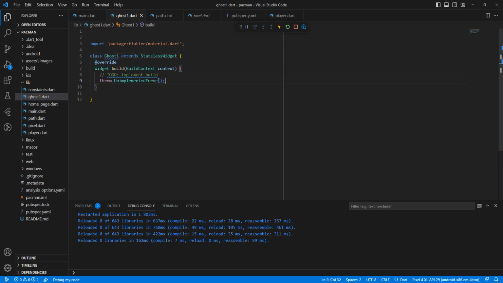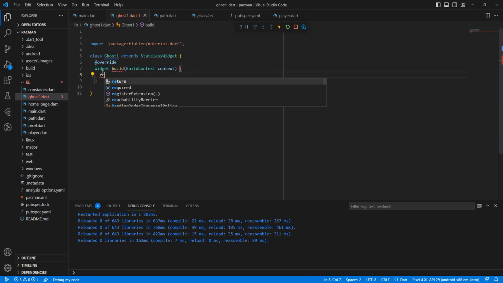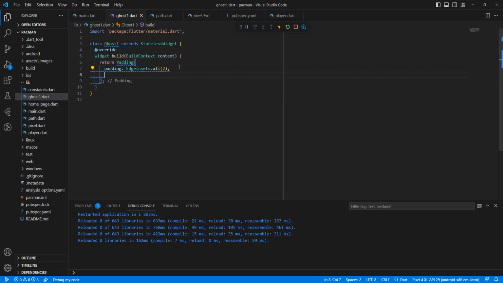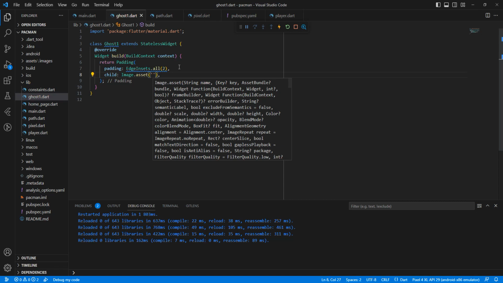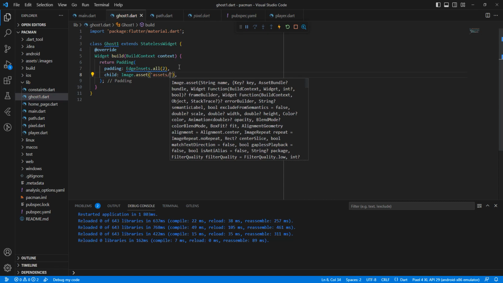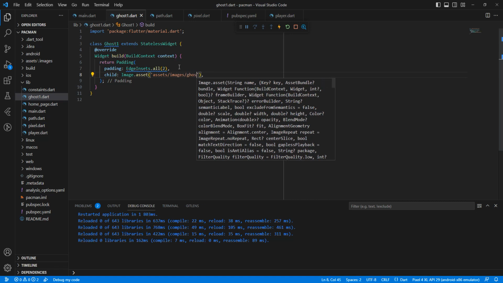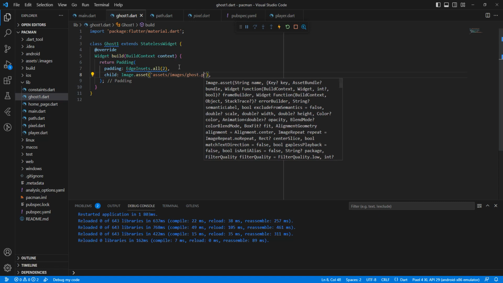add method build, return widget Padding, EdgeInsets.all 2, add parameter child, and we write a widget Image.asset assets/images/host.png